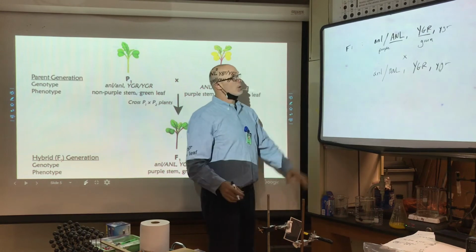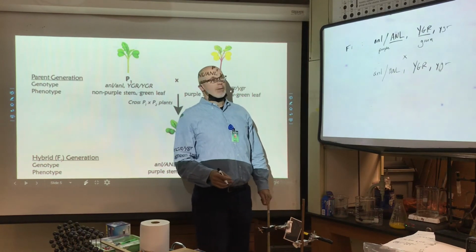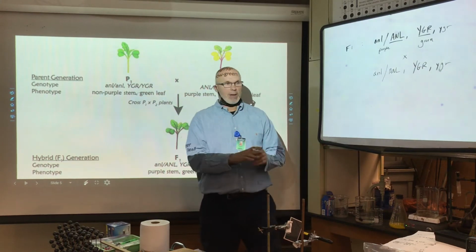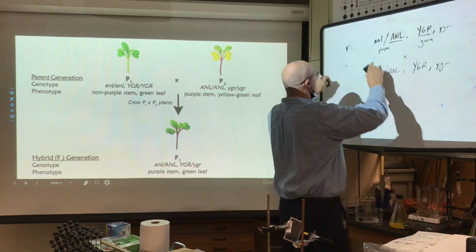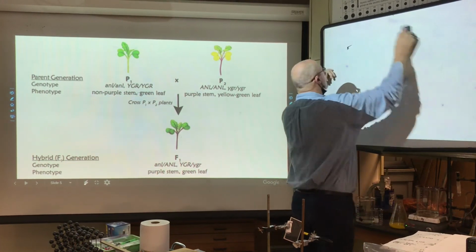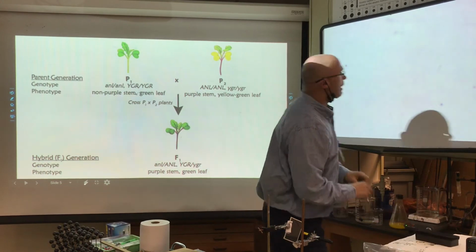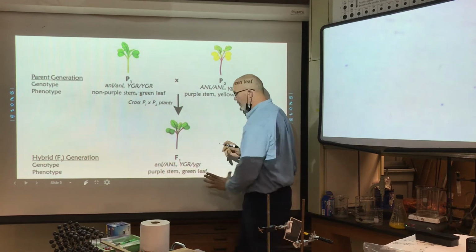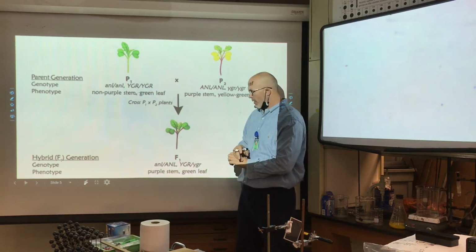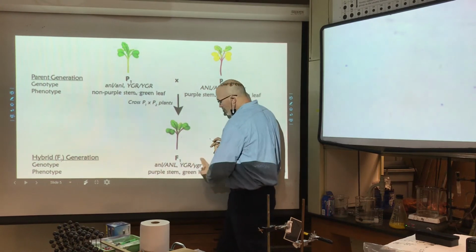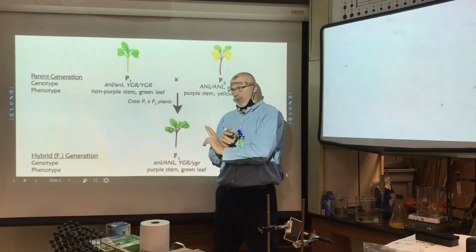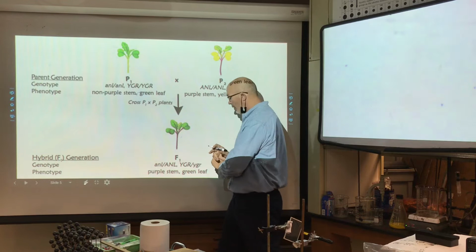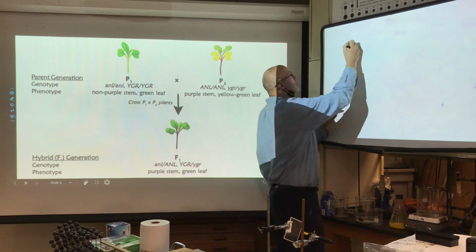So, what combinations can you get? Let's go make that. Some people have some trouble with this, so I'm going to take this off for a second. And we're going to do that. So let's start up here. From the cross of this with itself, we should think about what combinations we can have. First of all, if this is the individual, and it's going to make gametes, this represents the diploid, so we've got to cut this in half. So when you think about what you're going to put in your Punnett square,